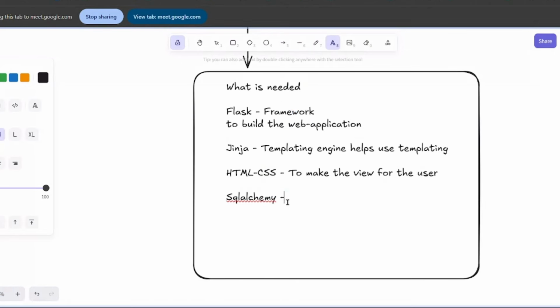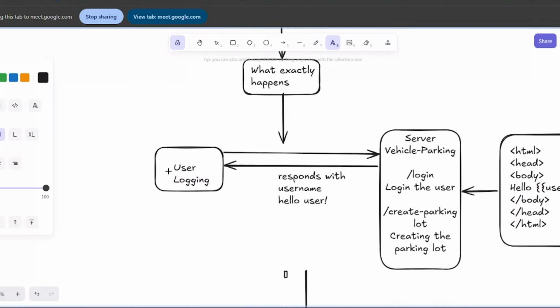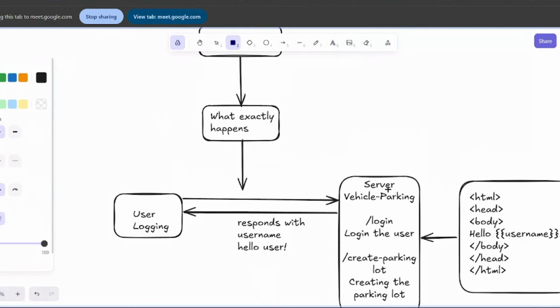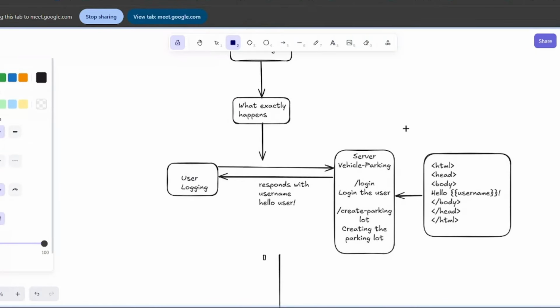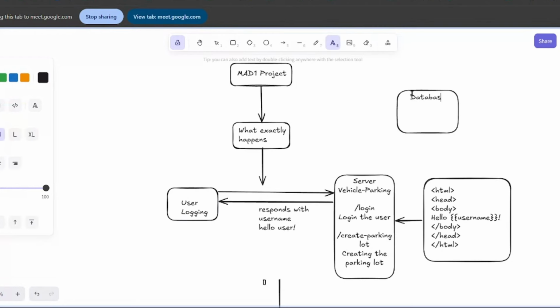Now let's understand why we need SQLAlchemy. Let's say the user logs in, and the server has a defined function to log in the user. To log in the user, the server will need to refer to some database, right? For now we are using the SQLite database. So there is a database, and it has user details,